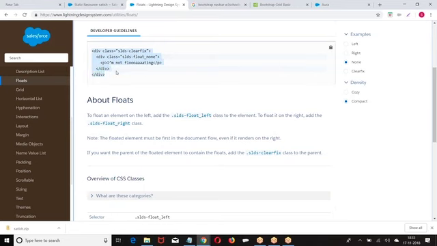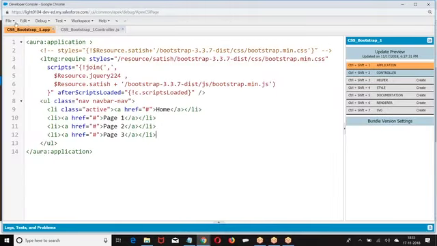So I'll take this structure. This is built in, SLDS built in. If you want to use Bootstrap, we have to include and apply it. This is built in. So what I can do here, I can give here